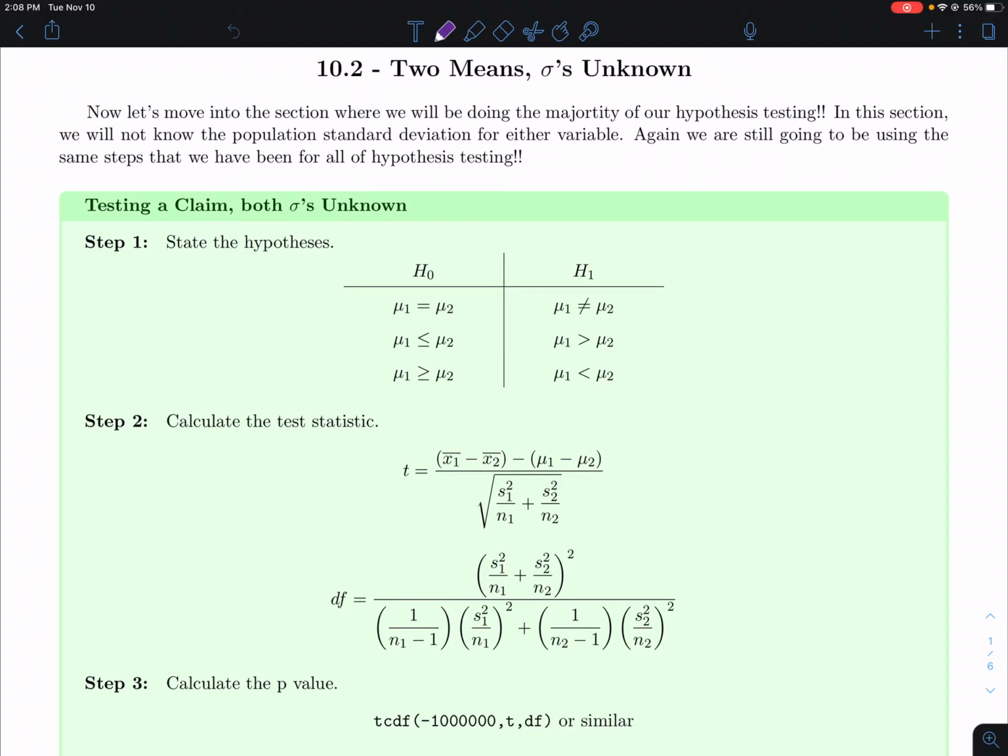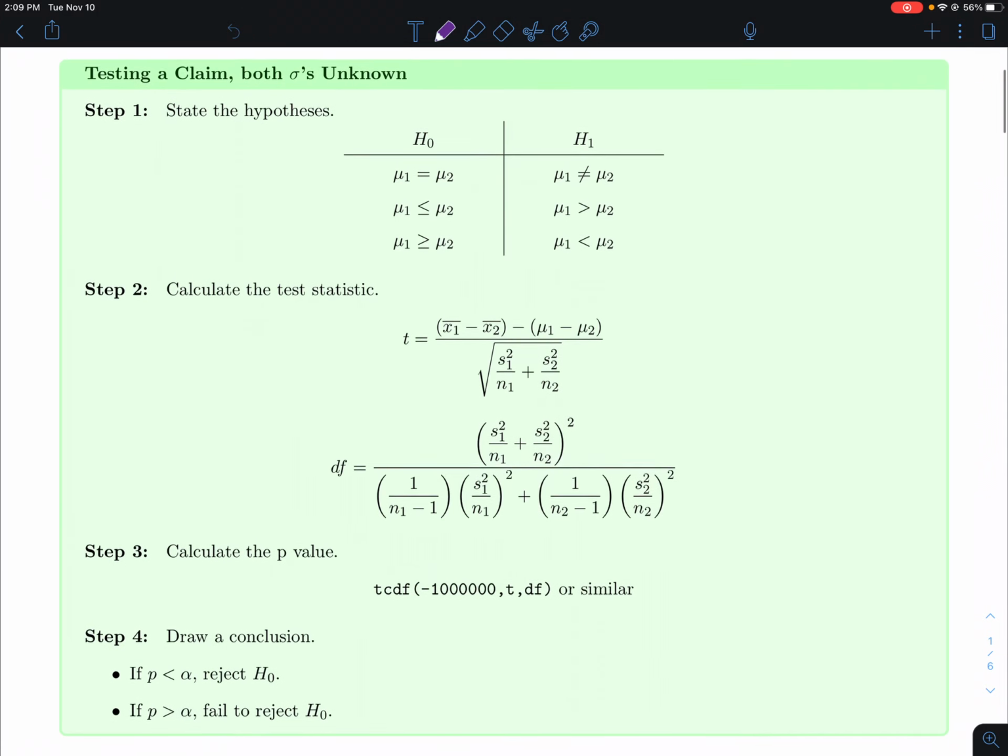All right, so how did everybody do with the sigmas known in this case? Hopefully everybody did a good job, but if you did get stuck or have any trouble, please let me know so I can make sure we get all this fixed before we move on. So with sigma unknown,